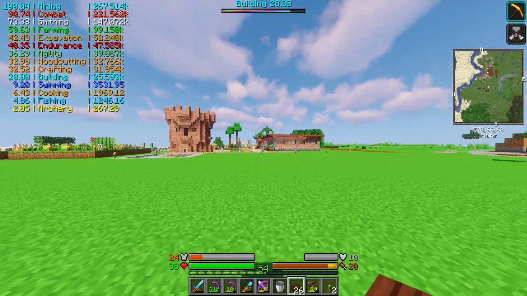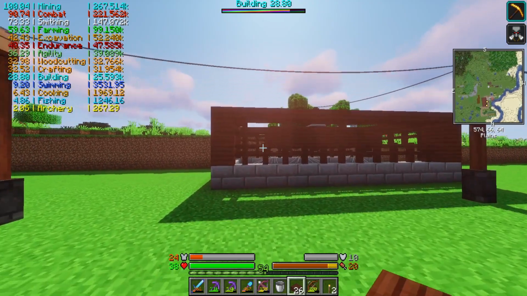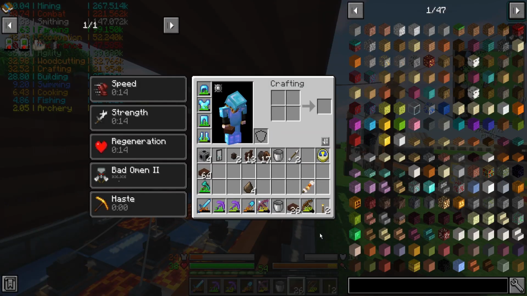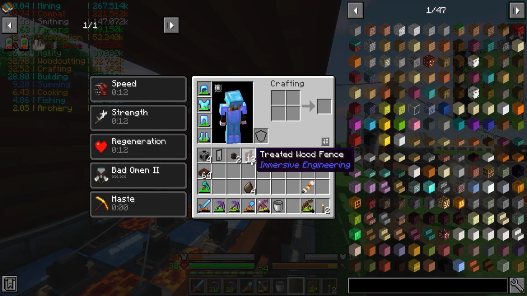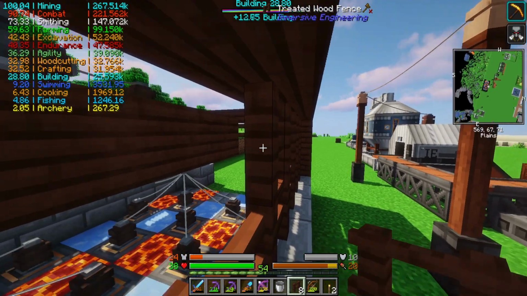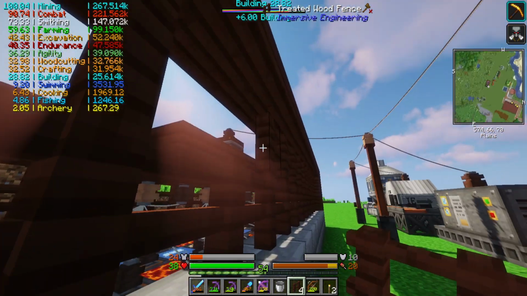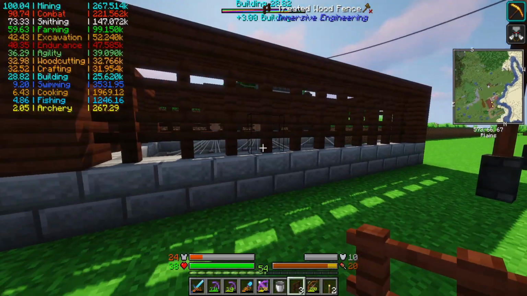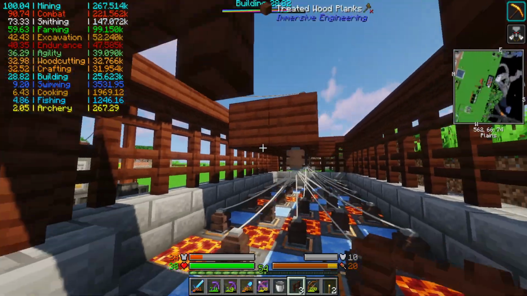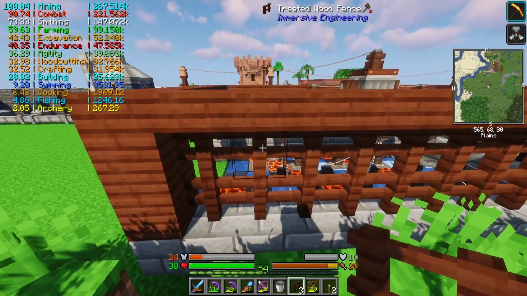So how's that look from a distance? Not bad. We do have this treated wood mass in the middle, but it's going to be a bit of an issue no matter what I do, though. I could move everything up a block, but I don't know. But then I can also get into here now and